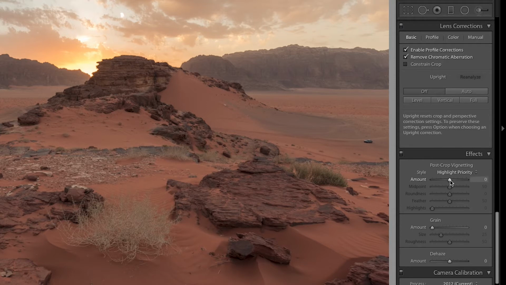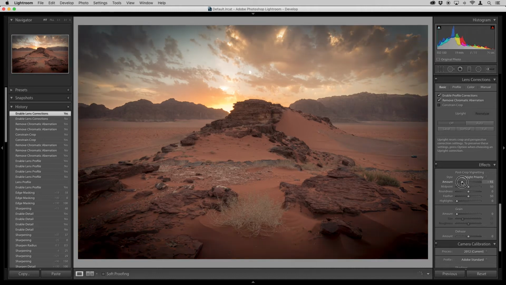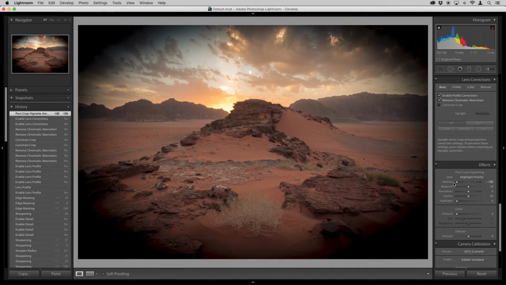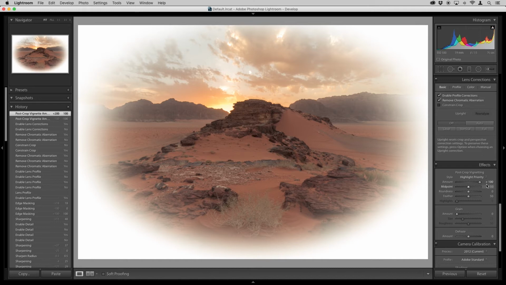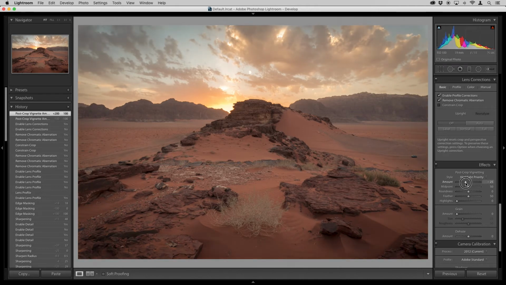So if I take this amount, and this is the amount of vignetting that is going to be added to the image, and I slide it all the way to the left, as you can see, wow, look at that. It just made the edges crazy dark. And if I go in the opposite direction, it just made them super white. I really don't know why you would do this. You would normally go to the left side and try to kind of focus away from the edges of the frame. So if you want to do that, this is the amount that you apply. Maybe for this image, I'm just going to go really subtle, somewhere around maybe 10 or 13.